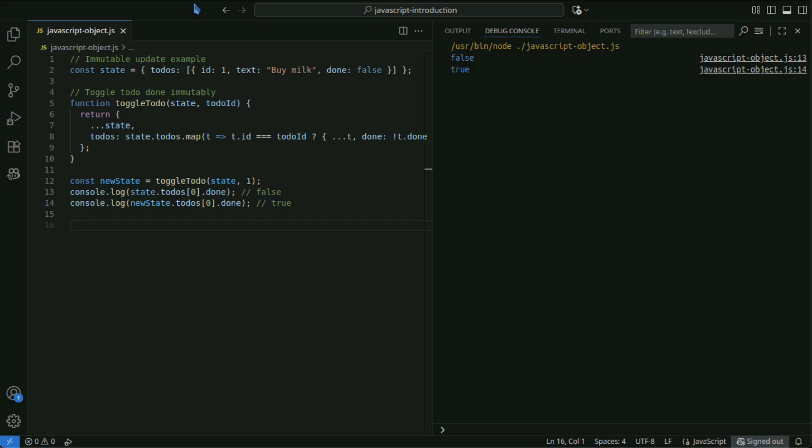The toggleTodo function copies the todos array and returns a new object with only the target element modified, so the original state remains unchanged. Immutable updates reduce side effects and make state management easier.